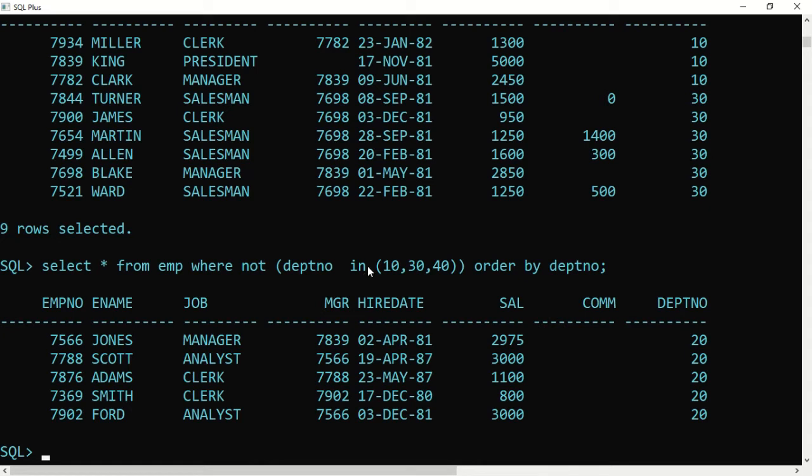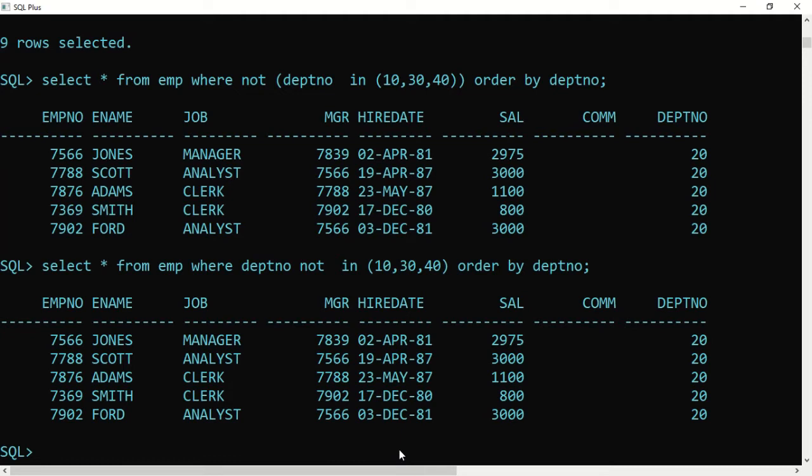You also understood in. Instead of putting not outside, I can remove these brackets and say department not in. So there is in and not in, the same thing.